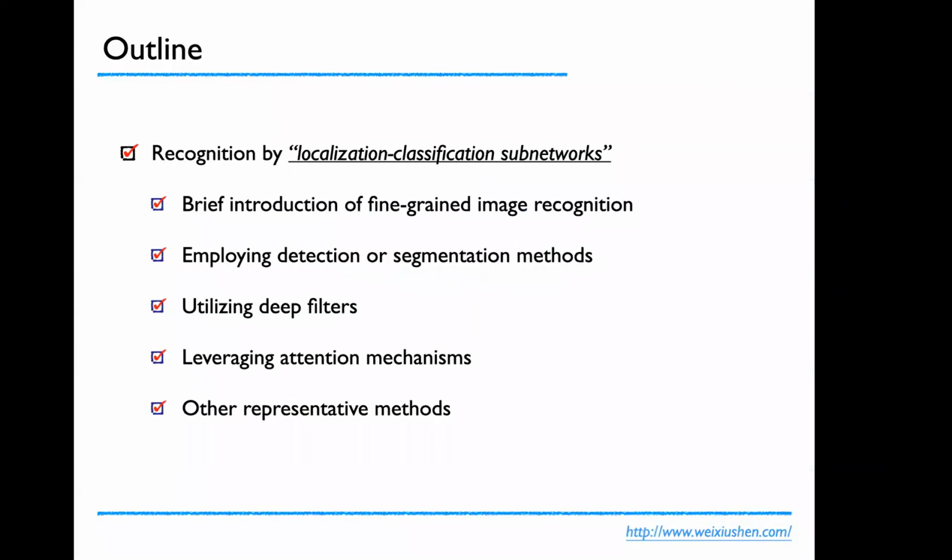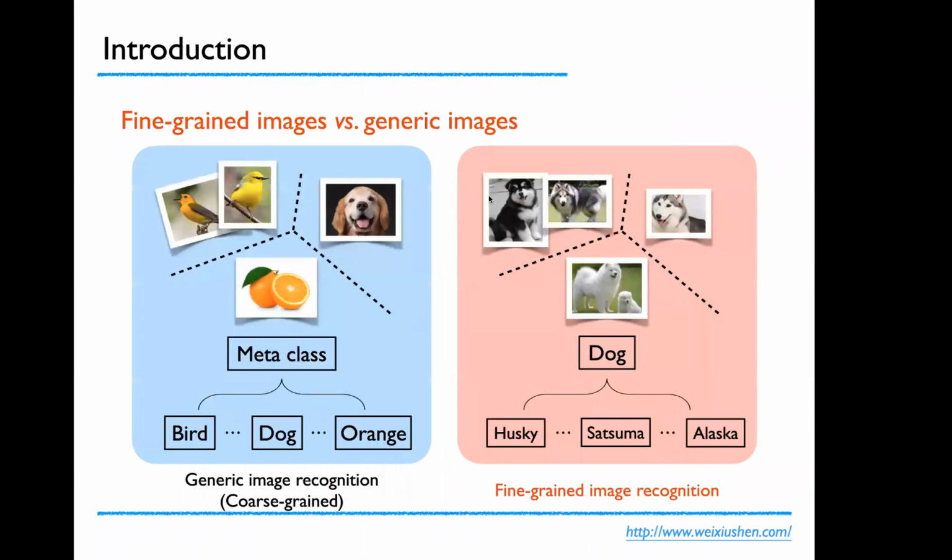In my talk, I will firstly give a brief introduction of fine-grained image recognition. Then I will introduce three main aspects of the localization classification subnetwork learning paradigm of fine-grained recognition, as well as some other representative methods. In the previous talk by Serge, we saw the differences distinguishing fine-grained image analysis from generic